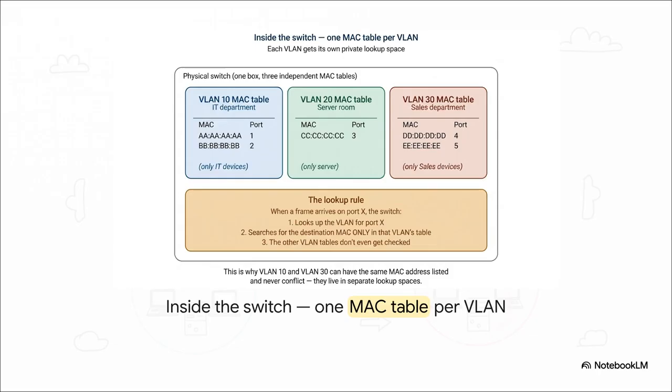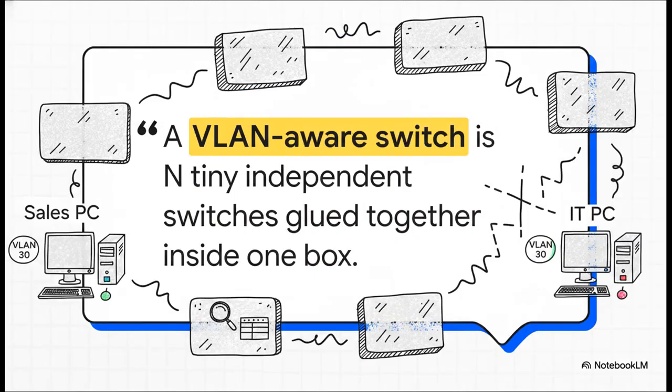The other tables, they aren't even checked. I actually love this quote from our source material because it hits the nail right on the head. A VLAN-aware switch is N tiny independent switches glued together inside one box. The absolutely crucial takeaway here is that devices in different VLANs cannot find each other natively, even if they know